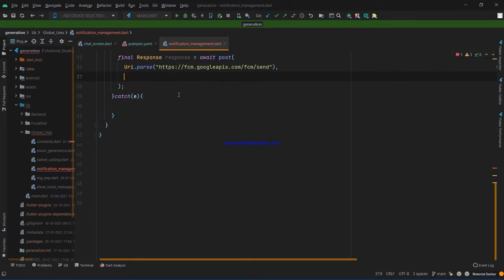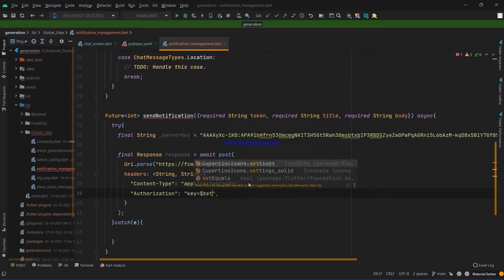Here you have to provide some headers, because we call an API. If you work with APIs, that will be very fruitful to you. Then we have to provide the key, and that is the server key. That key is required for authorization as well.